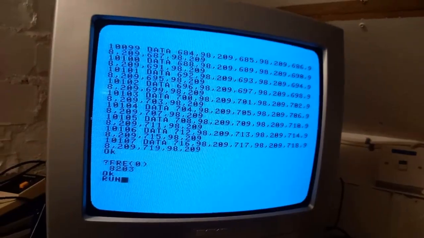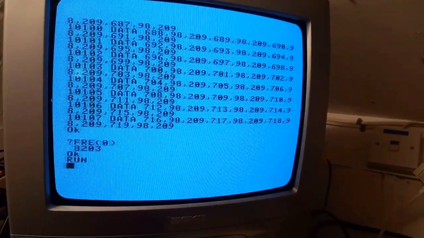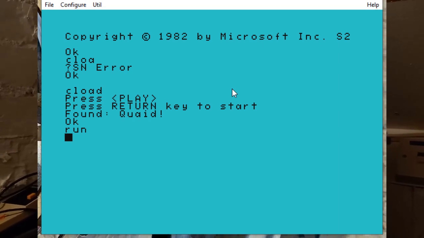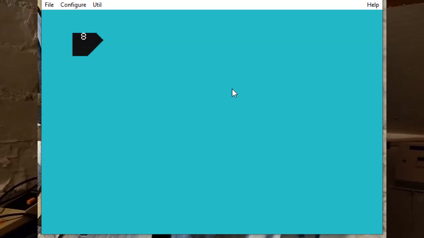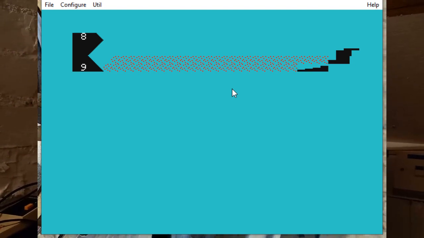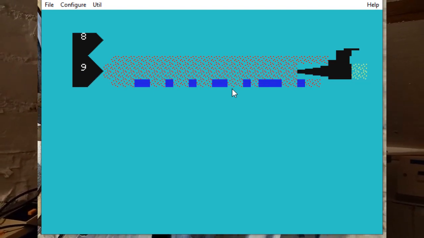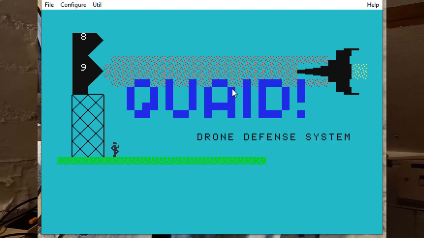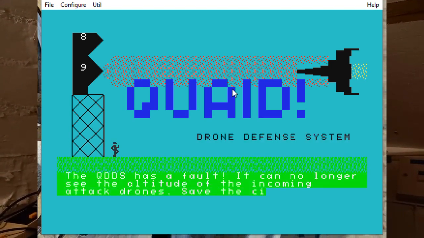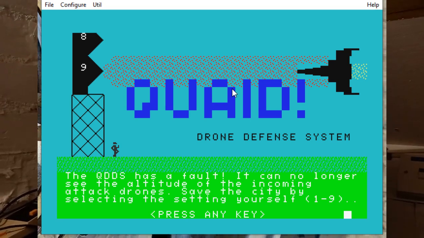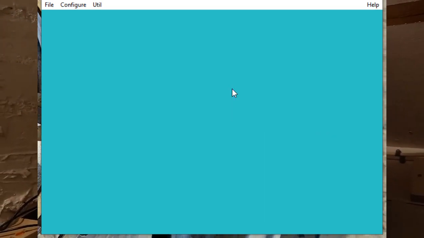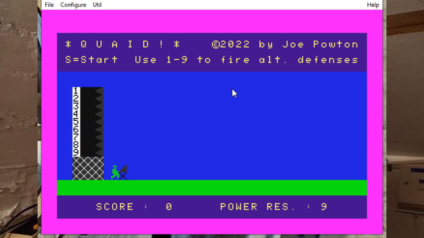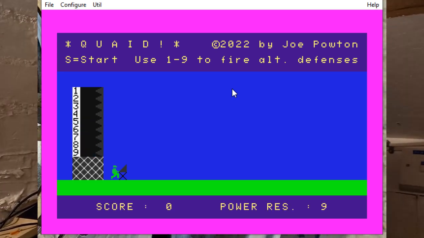Right, okay, so you should see some differences with this version. So that's loading machine code now. This is the graphic screen routine that you saw. It's written in BASIC, so it's a bit slow, but you can see that it produces a reasonable graphic there. Okay, so press any key and that takes us back into the game, which you might remember, but with